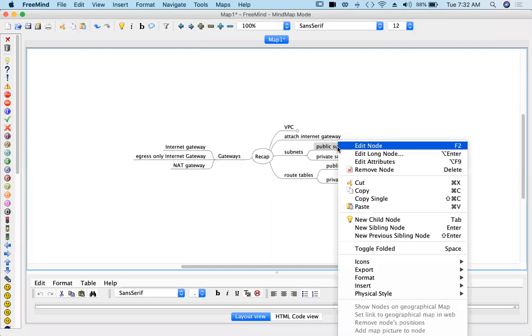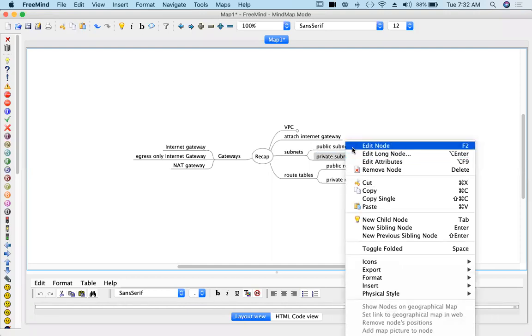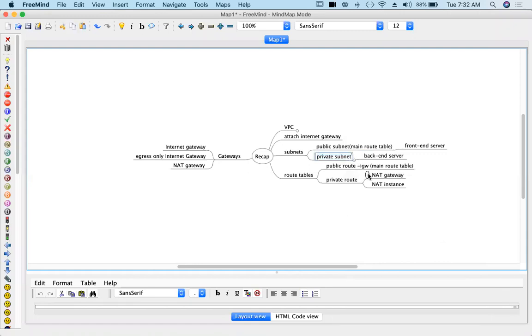The public subnet has the main route table, and the private subnet is attached with the private route table.